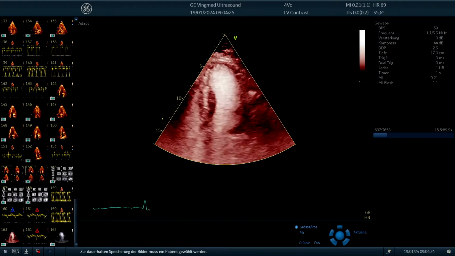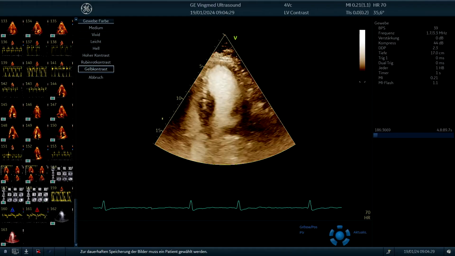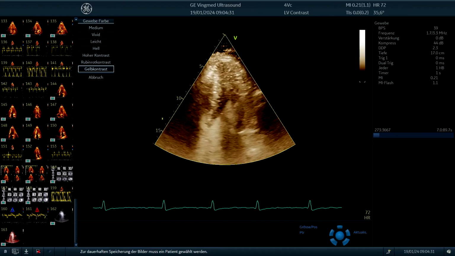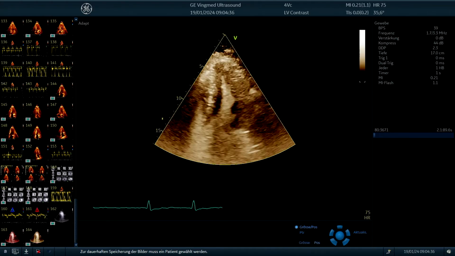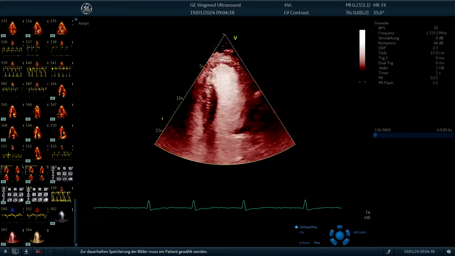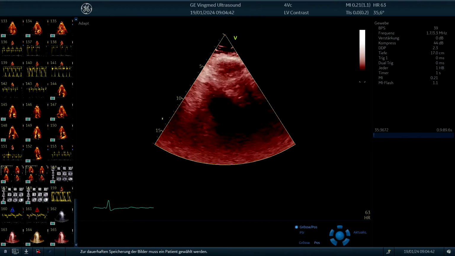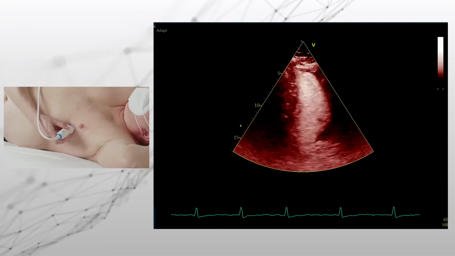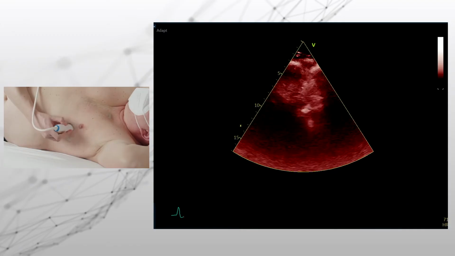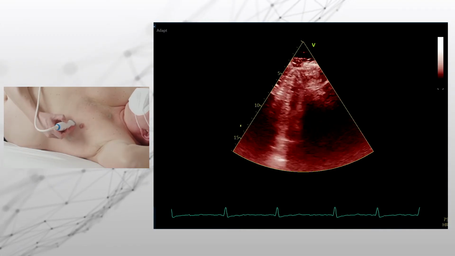Now we want to have 3 cycles again. We also can use a yellow contrast. This is not my favorite contrast setting, I have to say, even though I see it good. So I prefer the rubin, so the red contrast study. Now we also save this, and when we have the 2-chamber where we optimally can see the entire cavity of the heart, and we save it, and also in this case the apical 3-chamber view, the apical long axis view,